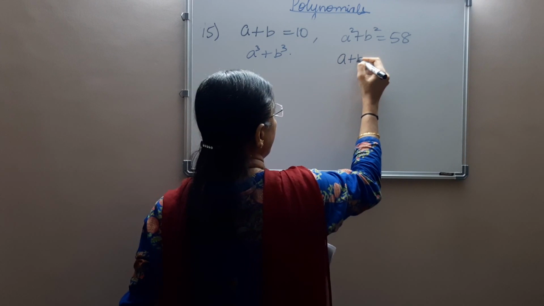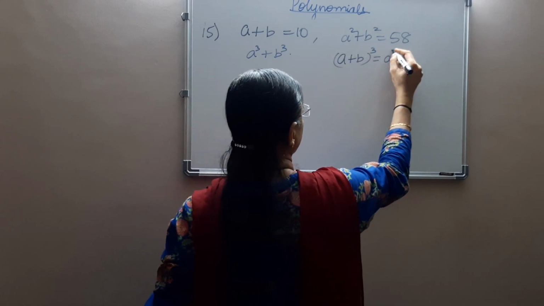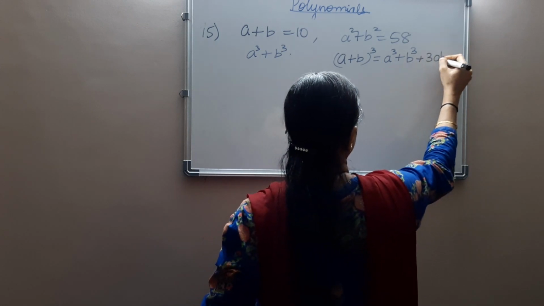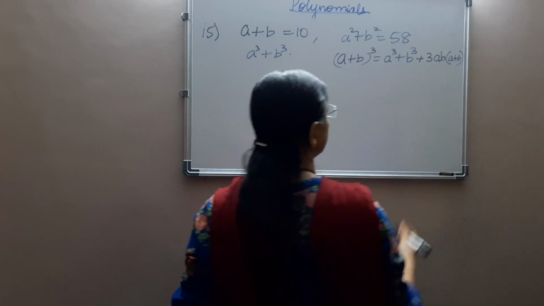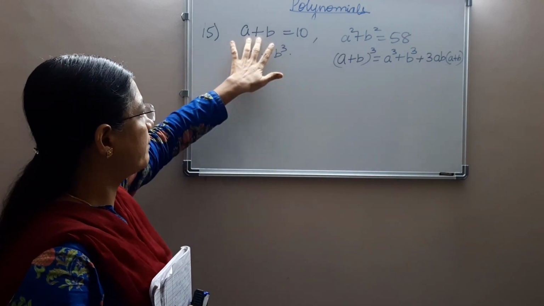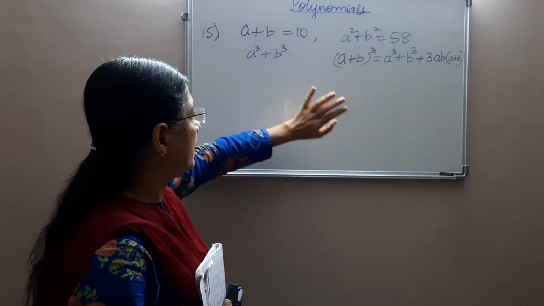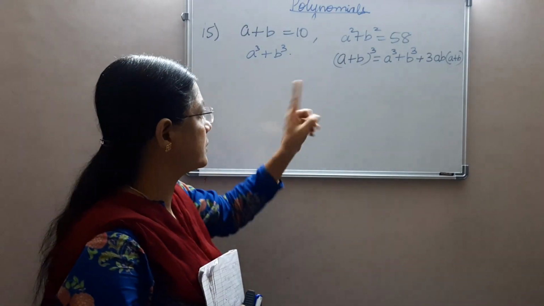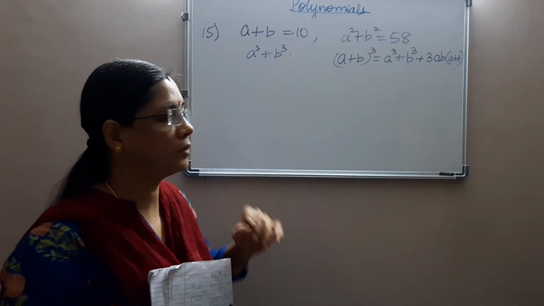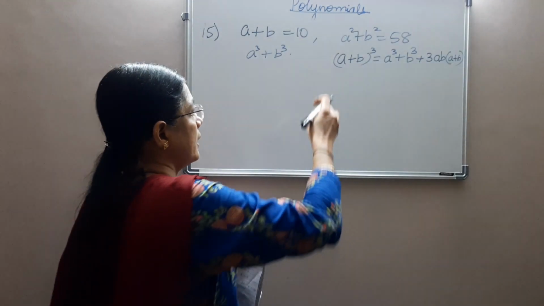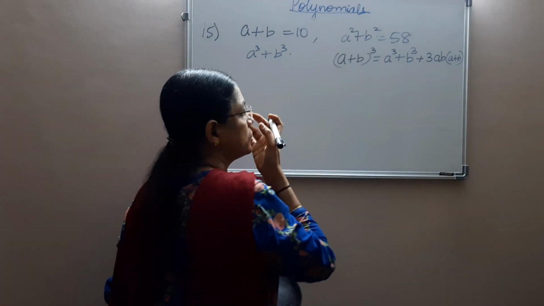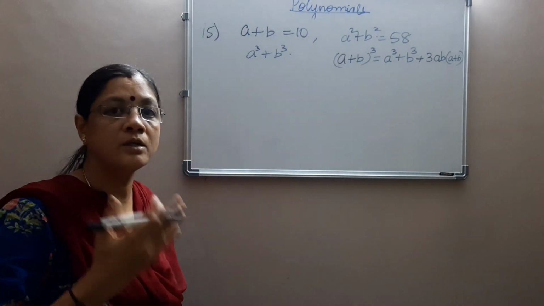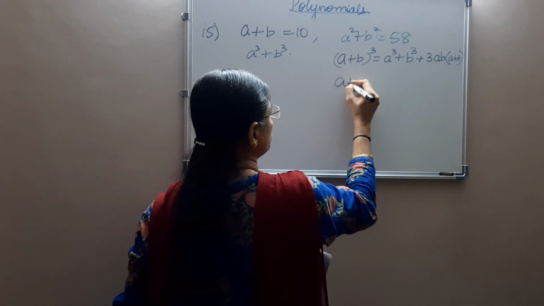We get a cube plus b cube by the cubic identity: a cube plus b cube plus 3ab into a plus b. Isn't it? This is the formula I have. See, you have a plus b here, but you don't have a squared plus b squared in this term, and ab is also there, which is not given here. So how do I substitute a squared plus b squared somewhere? But this a squared plus b squared comes only in the square identity. So let me take that too.